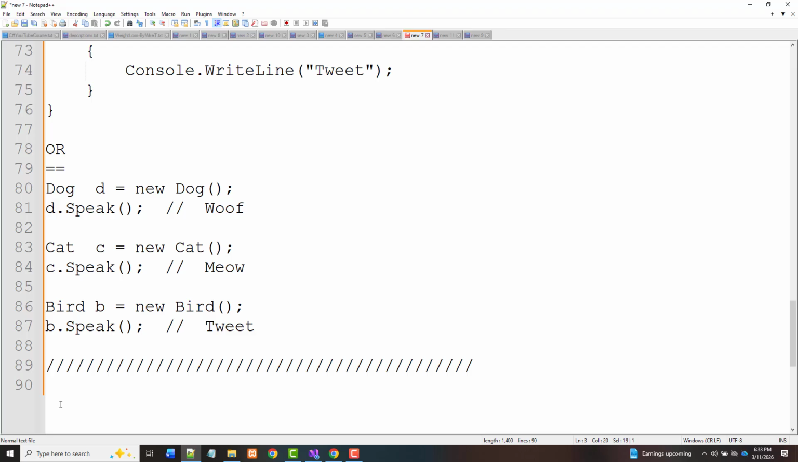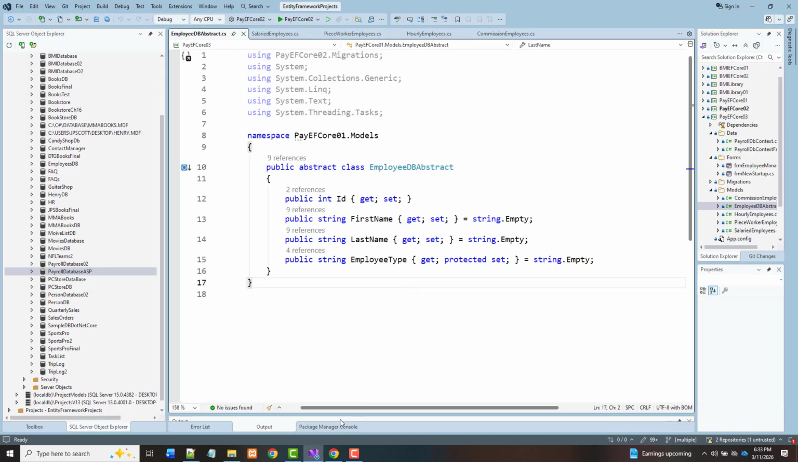Do you care, or do you have to care? The answer is technically no, you really don't. But where this is going to become important, I'm going to show you right now, and that is in our new program here. There's nothing wrong with what we've written in here. It works. But remember, other than just a first name and a last name and an employee type,